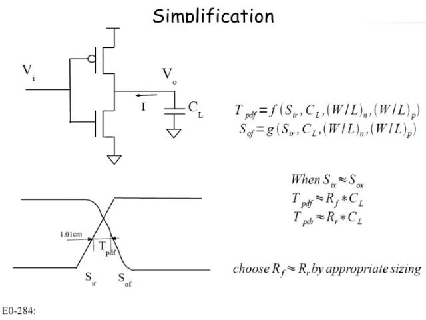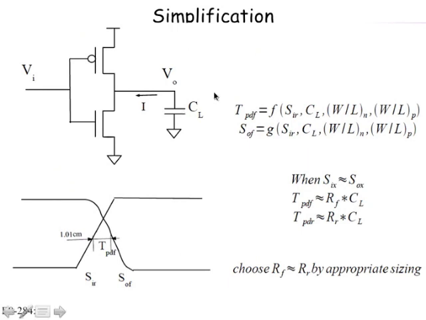Really, the way you do the design is you use some basic understanding and intuition to come up with an initial design with some initial sizing and so on. Then you refine it using the simulator. The simulators now provide very powerful optimization tools, so you can really get the simulator to get that extra last 1 picosecond out of your gate. But to get going, you need to have some understanding, and that's where the next few slides will introduce some very simple models of understanding what determines the delay of a gate.